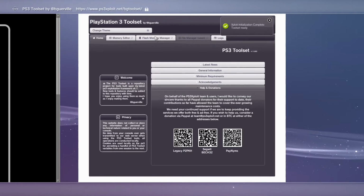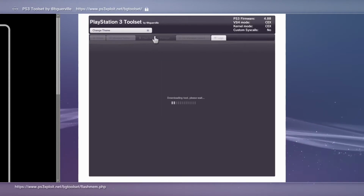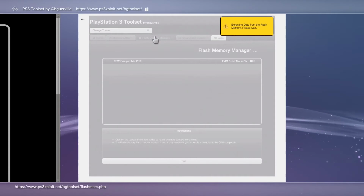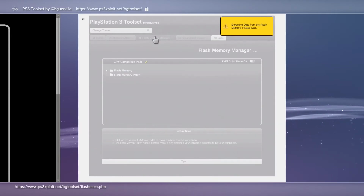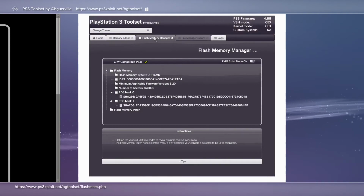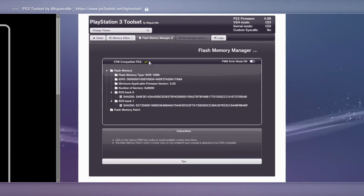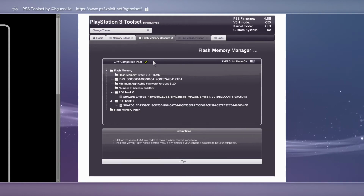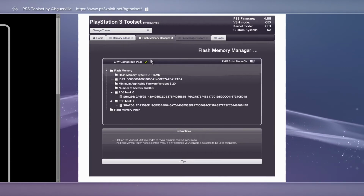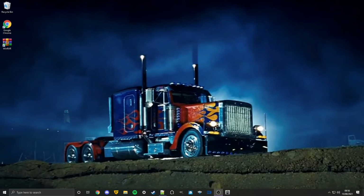Then we're going to click on Flash Memory Manager. And also if it asks if you want to run a plugin, always select yes. As we can see, it'll do a check. If there's a green tick here, it means your PS3 is compatible with jailbreaking. If there's an X, then unfortunately your PS3 is not jailbreakable, so you won't be able to do this. So keep that web page open on your PS3, and let's head over to PC,